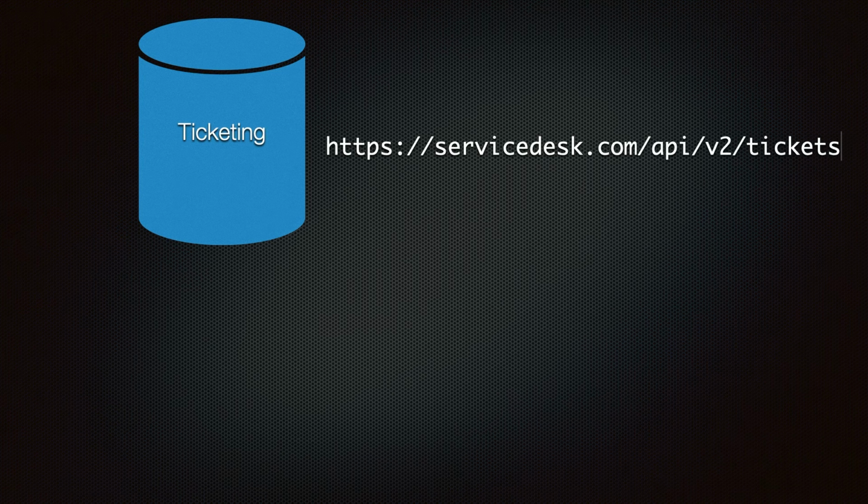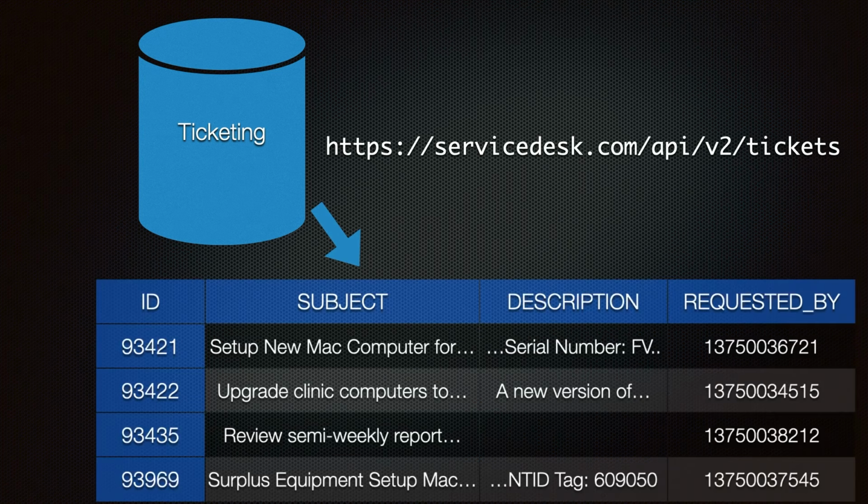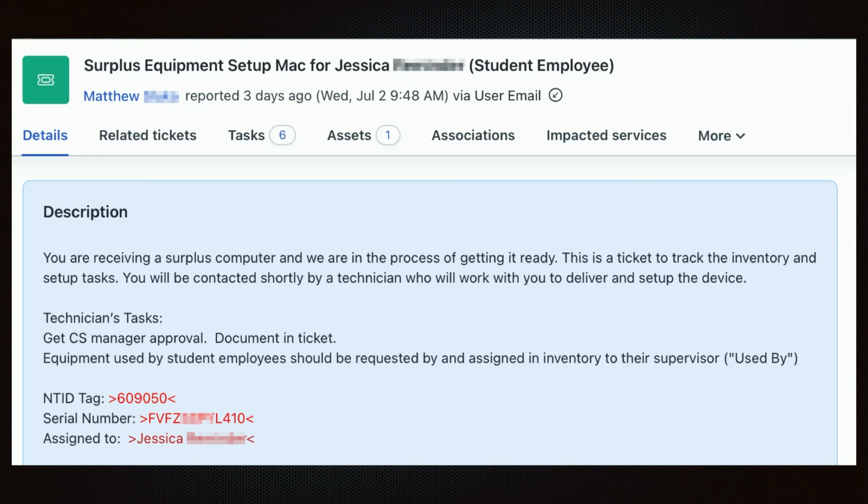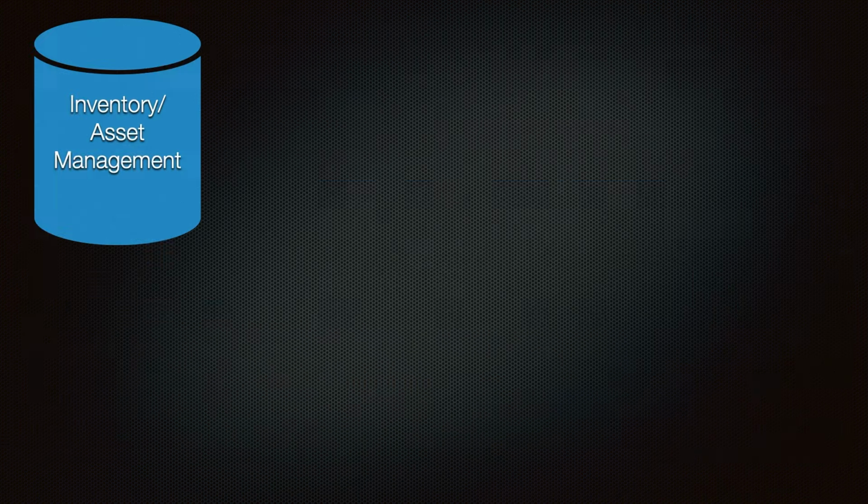Let's get a list of our open tickets. The ticket templates we're already using had some keywords in the title, and surplus setups that aren't all that different than new equipment. Automating an existing process works best when people can essentially do it the way that they're used to. In this case, I made it so they can either associate the asset, or they can put the asset tag or a serial number in the description, and the script will fill in the rest.